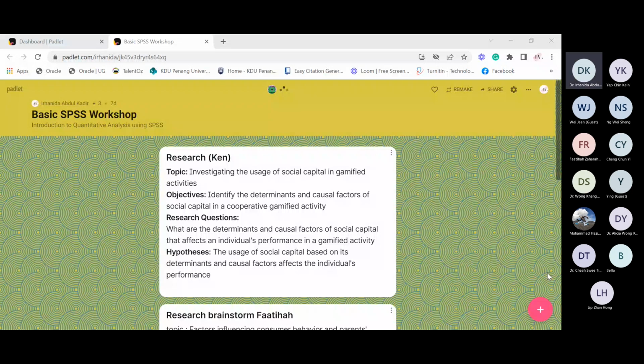By Dr. Wong, from my understanding in my previous workshop, most of my colleagues from the computing school and the engineering school never do quantitative or qualitative research. They always have experiments, all these lab testing stuff.